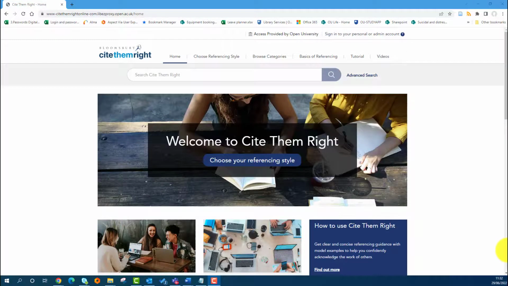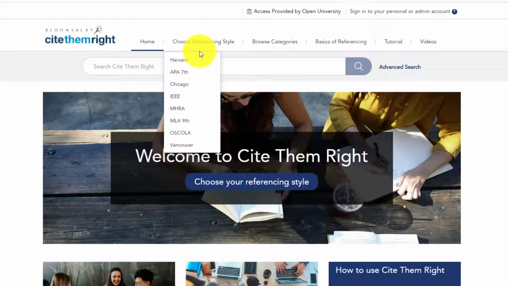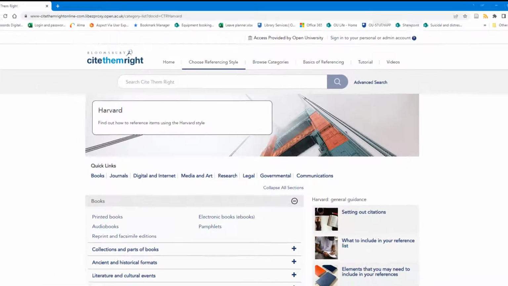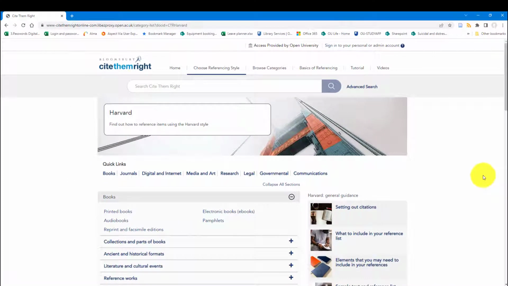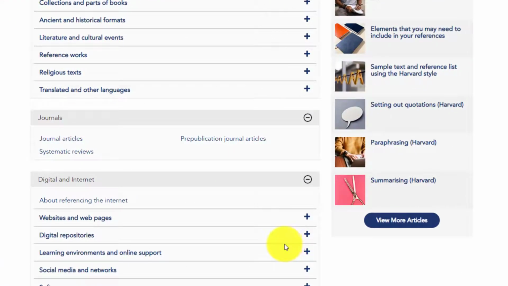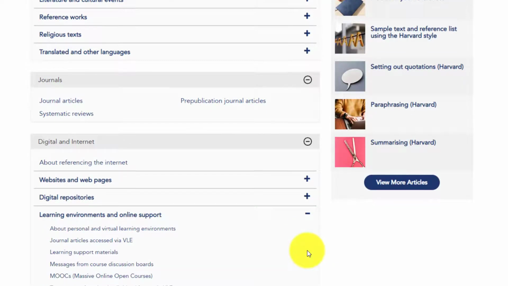You can also use the index to navigate to different source types. Access it by going to the Choose Referencing Style menu and selecting Harvard. If you have something from your module website that you'd like to reference, you can find this under Digital and Internet, and then Learning Environments and Online Support.